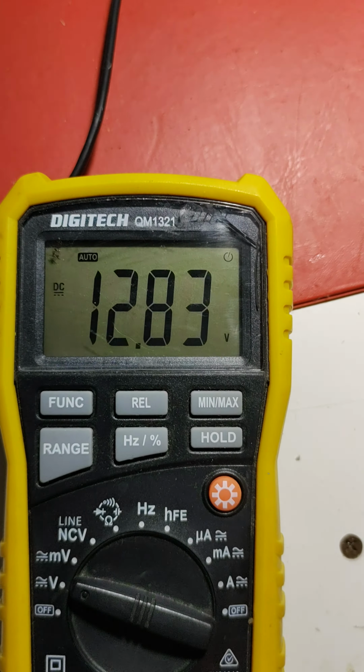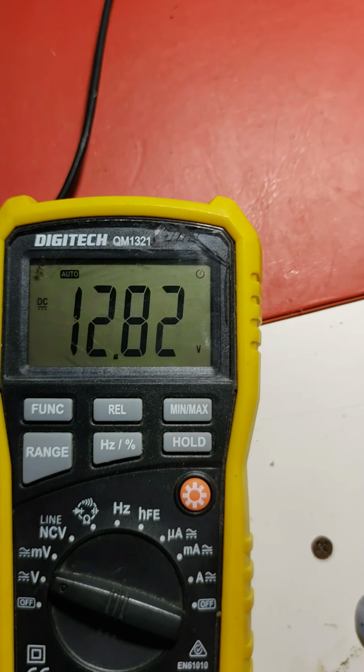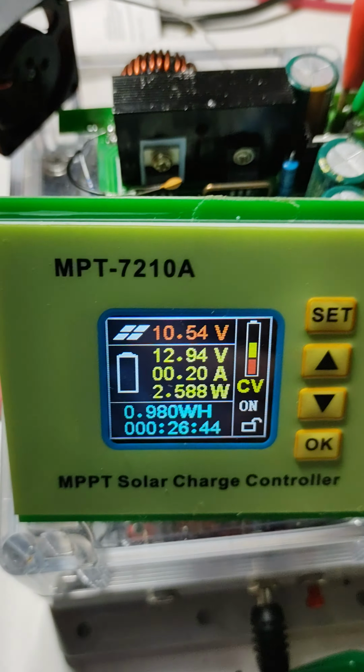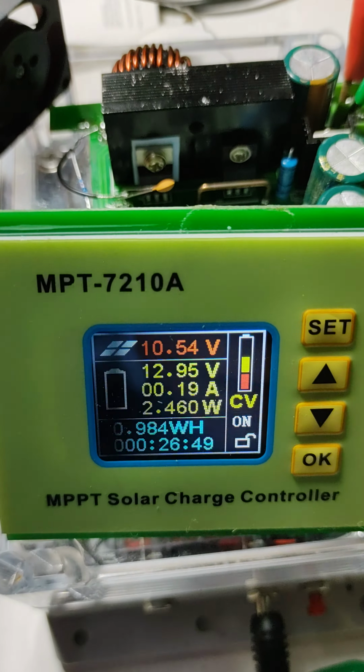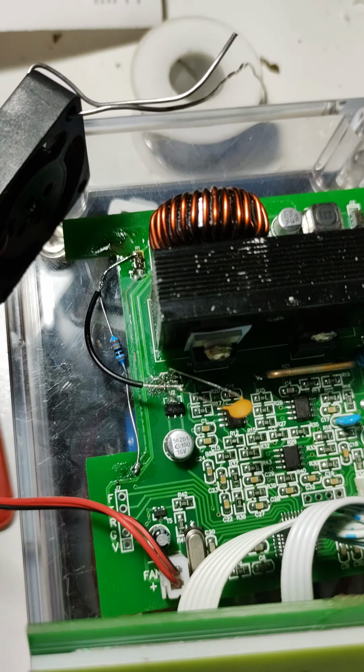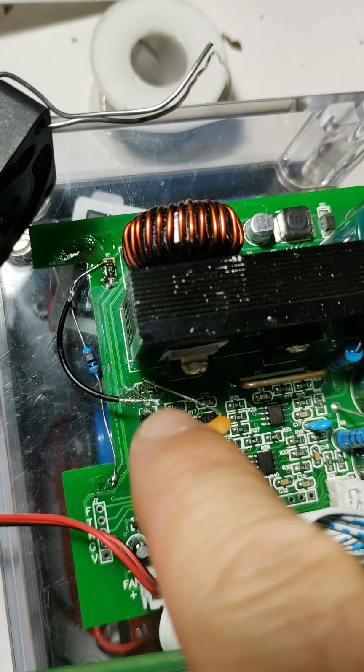This multimeter here says that the battery is at 12.83. This one says it's at 12.94. What I did to fix it, kind of, was I was trying to replace this little surface mount capacitor